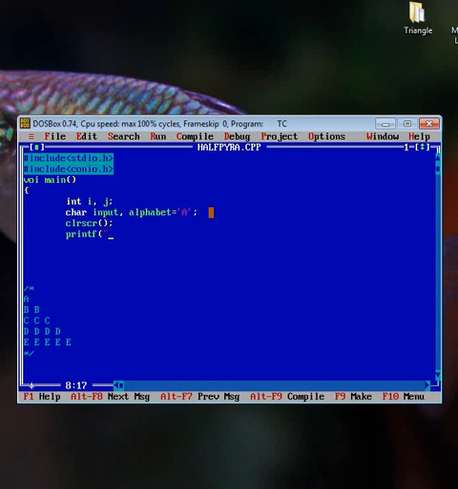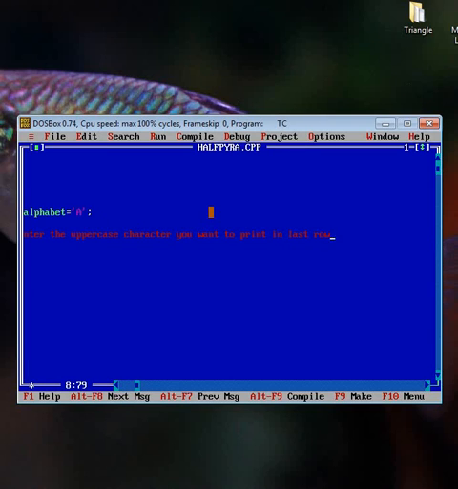So: enter the uppercase character you want to print in the last row.